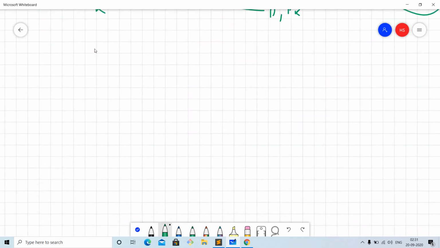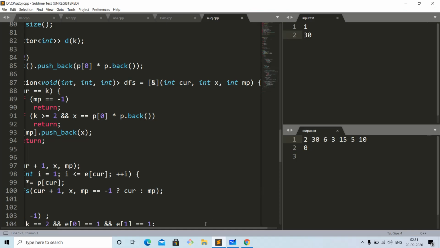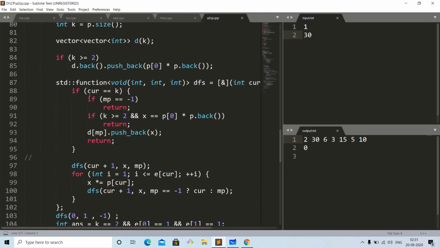So I will explain further that in this DFS traversal, the base case will be when we have considered all the k factors, from p1 to pk. Initially we pass this index to be -1, so if this index is -1, we do not have to push anything, because the vector will always start from 0, right? And otherwise, if our factors are greater than or equal to 2 and we have reached this k number of factors, then if the number which we have to push is the first number and the last number which we have already pushed in the final dk minus 1, then we will also return. We will not do anything. Otherwise we will push in the corresponding index mp the number x, and then we will return,